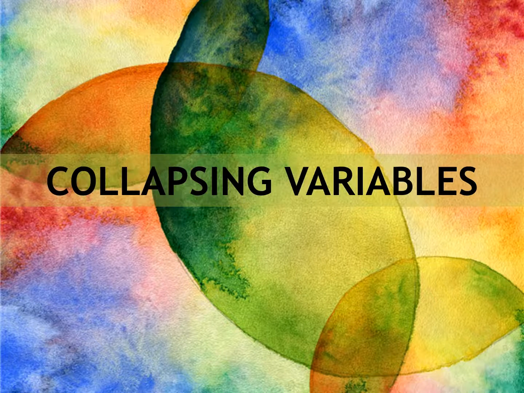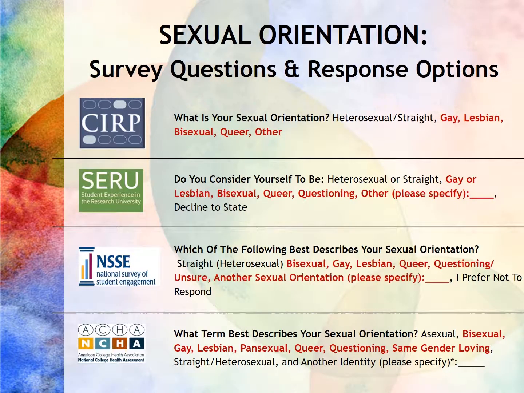All right. Well, so I'm going to hand it over to everyone else to talk about the variables and how we were able to collapse them in order to do this analysis. This first slide talks about how each instrument measured sexual orientation, and I think each group's just going to take a minute and talk a little bit about what they did. So Ellen, you're up.